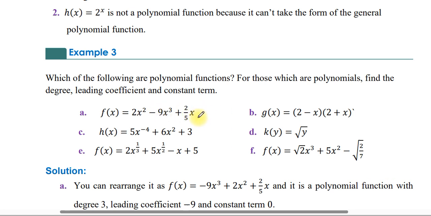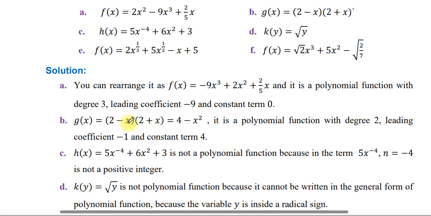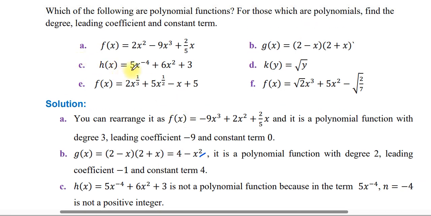እዚህ ላይ ኮንስታንታችን 0 ነው፣ ፕላስ 0 ማለት እንችላለን። b g of x which is equals to 2 minus x times 2 plus x so ይሄን እርስ በርሱ ማባዛት እንችላለን። እዚህ ጋር ሲባዛ 4 minus x² ይሆናል። ፖሊኖሚያል ነው። ዲግሪያችን 2 ነው and leading coefficientታችን ደግሞ -1 ኮንስታንታችን 4 ነው ማለት ነው። c ላይ ስንመጣ 5x the power of -4 plus 6x² plus 3 is no polynomial